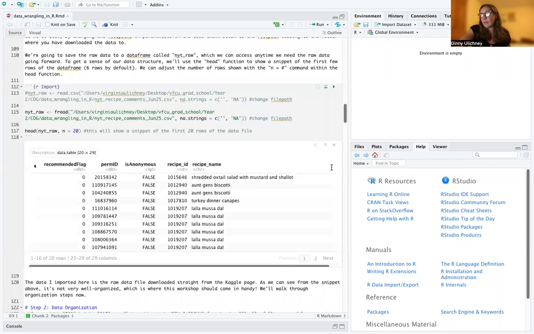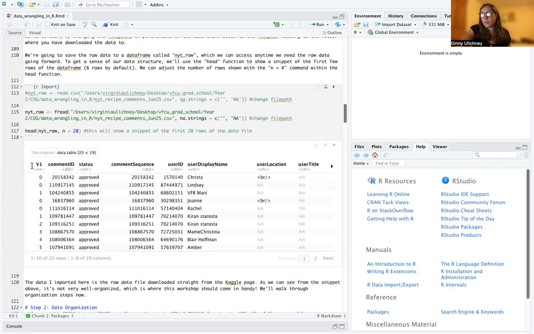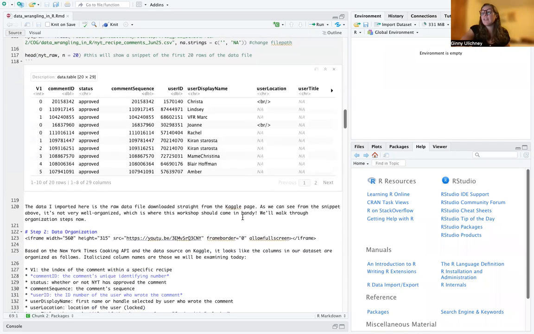comes in quite messy. There's a lot of unneeded columns and a lot of missing data, which is perfect for our purposes since it will give us a good chance to wrangle it. And also, as a note, this is exactly the type of data that you would get if you're working with Twitter data or online review data, something like that. So it's a good thing to be familiar with if that's something that you could be working with, and is also just good experience in general for wrangling large and potentially ugly data sets since it has 300,000 rows,